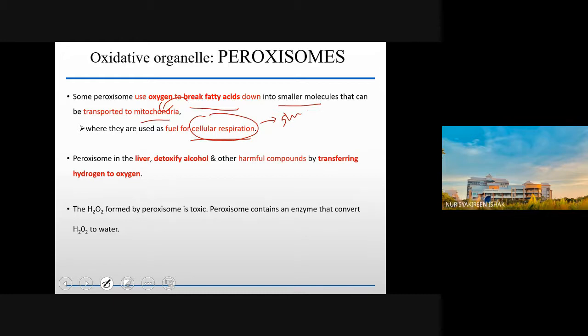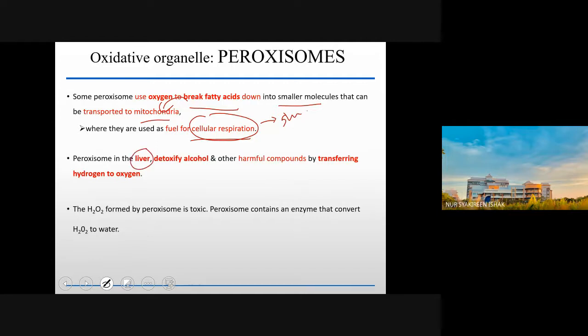respiration. So kalau sel tu dalam sel tu tak ada glucose, sel tu akan pergi kepada fatty acid. Okay, so fungsi peroxisome ni is to break down the fatty acid into smaller molecules and then goes to the mitochondria to be used as fuel for cellular respiration. Macam itulah. Okay, so peroxisome in the liver,